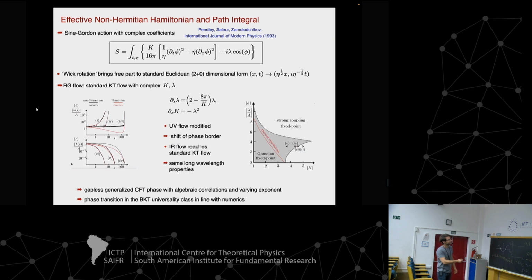And the interesting observation is that we always converge to the flow of the real couplings. So in one sentence, at long wavelengths, when we do the RG transformation on these couplings, they just collapse back onto the totally standard Kosterlitz-Thouless flow equations. They become real. Here the red ones are the Hermitian, the real couplings, and the black ones are the full ones. And you can see they really want to approach this point.